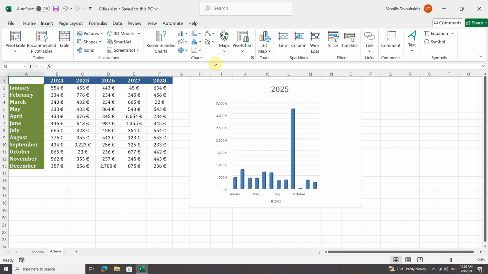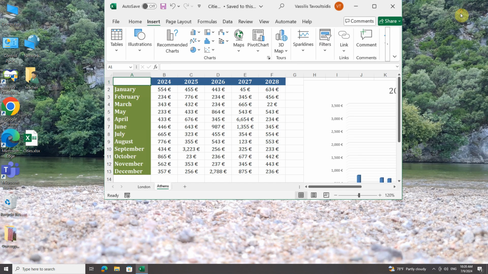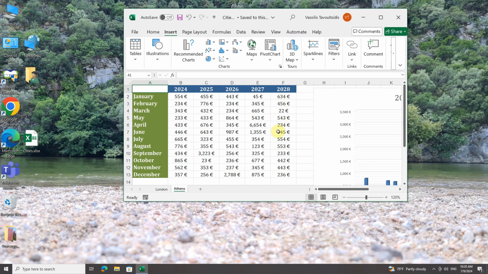One thing you should be aware of concerning the ribbon is that it adjusts itself to the available space. That can make things look different. Let me show you how this is done. I will restore the window so that it is no longer maximized. And notice that the Tables palette and the Illustrations palette are shown in a way that does not include the tools they have in. I can press the Tables button or the Illustrations button, and now I see the tools,